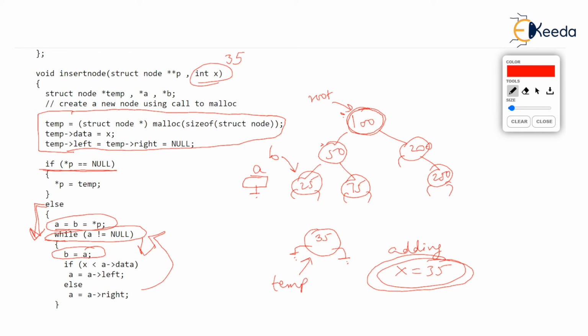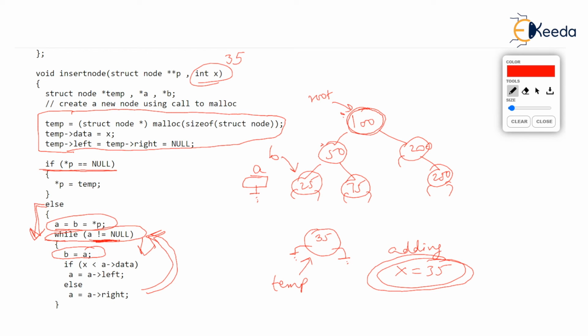As soon as the pointer a becomes null, the while loop should break because the while loop can continue only if a is not null. Now observe, when we are out of the while, we are sure that a is null, but we are sure about one more thing, that parent of 35 should be 25, where b is pointing.